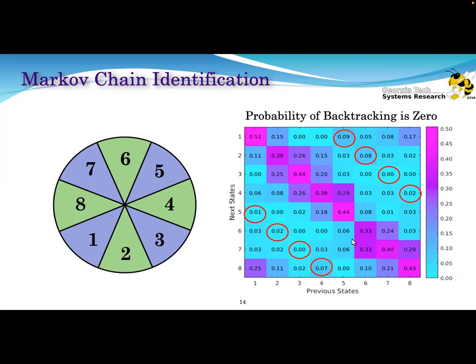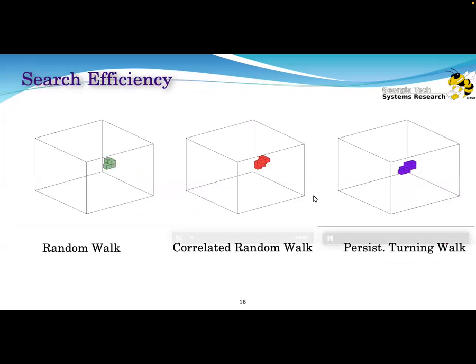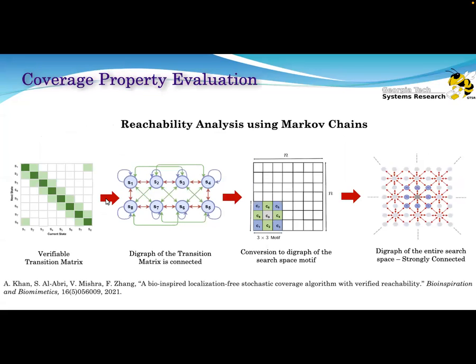Okay, by using these strategies, can we show that the fish will guarantee coverage of this workspace? And the answer is yes. The technique we use is called reachability analysis with Markov chains. We convert this Markov chain transition model into a connected graph model, right? For this small nine-cell motif, and then we try to construct the connectivity of this entire workspace by dividing it into 3x3, nine-cell motifs, and we're able to construct a graph that is fully connected, which means that with probability 1, the fish is going to visit every cell